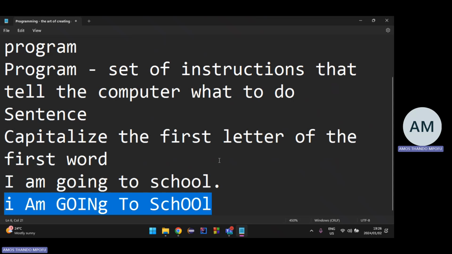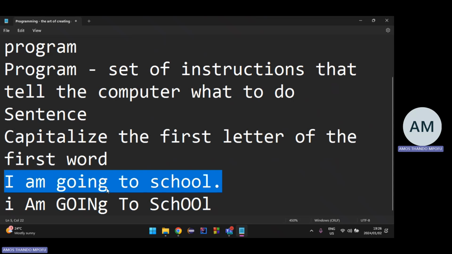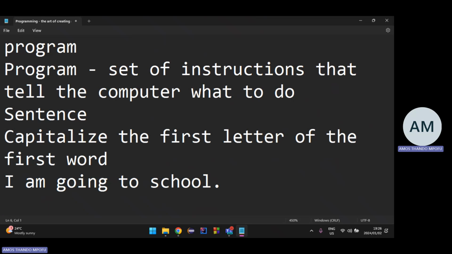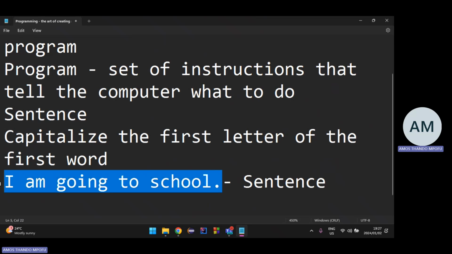So the same applies in programming, because in programming we have what we call statements, which are equivalent to a sentence in English or in any language. So what is equivalent to this sentence in programming language? It's anything that's terminated by something, right? If you look at this sentence, it's terminated by a full stop. It means that this is the end. This is where it ends. This is the whole statement. This is the whole sentence.